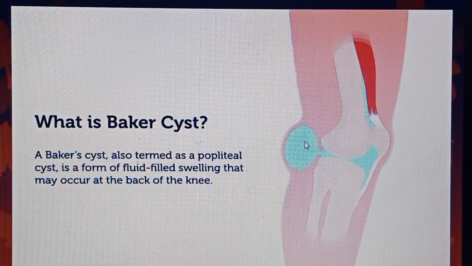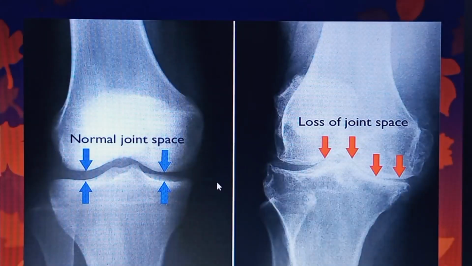Okay, and so that is what we call popliteal cysts, which you find over here. Now, let's move on and of course give you further description. One thing that we often appreciate as far as this Baker's cyst is concerned is that if you look